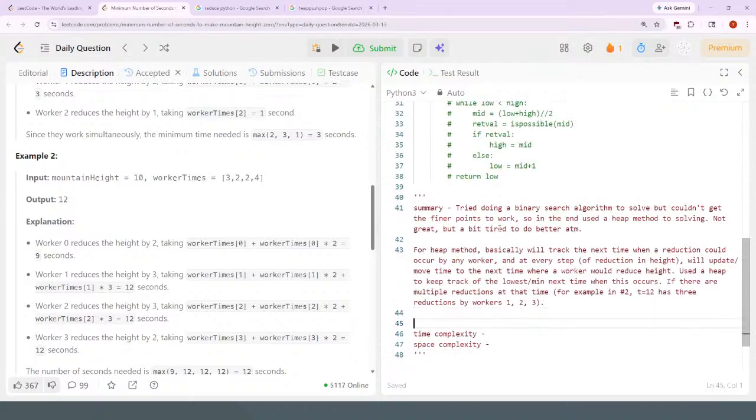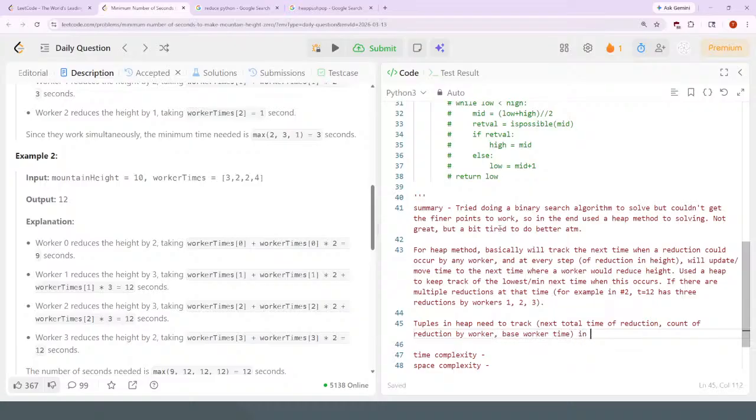So yeah, heap tuples in heap need to track the next total time of reduction, comma, count of reduction by worker, and the base worker time in order to know how to generate the next tuple when that worker reduces the height. So just thinking through it,